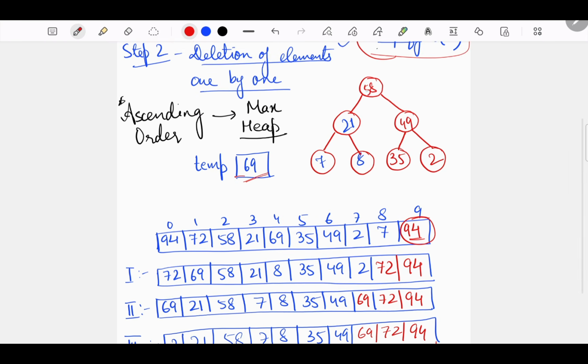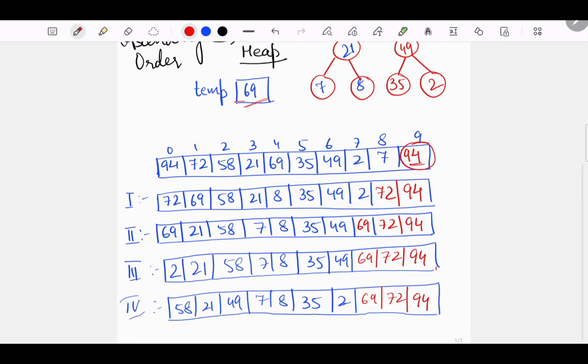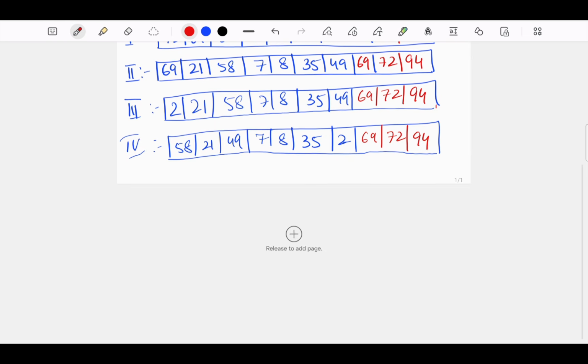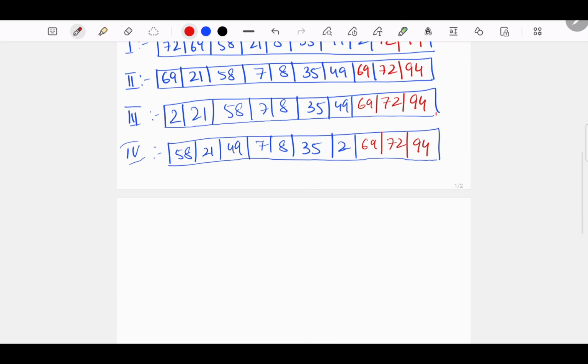Now if we want to perform the next deletion, what can we delete? We can delete the root, which is 54. So can you see what will happen? You will delete, you will keep 54 here. So can you see, we are basically getting a sorted list of elements.